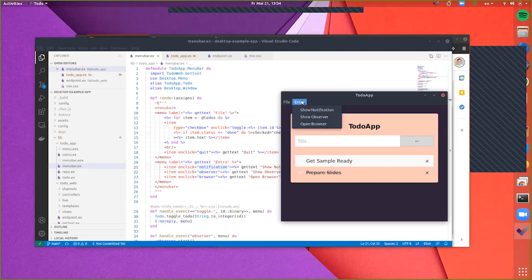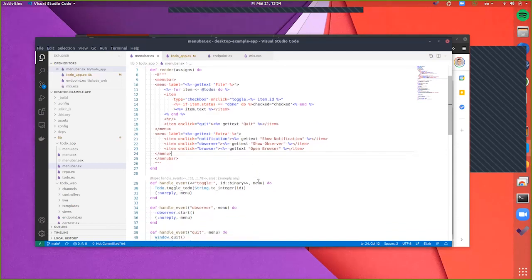Now, the cool thing with that is that because of the way we use LiveView in our apps and the fact that we reuse all of that technology, we also get access to PubSub and Actor repos. And so that means in my little to-do app, if I change this, like my prepare slides is done, now it's not done. And I go up here and check, there's a little tick here and I can see that. I can tick it also there. It's all being synchronized. So it's synchronized here, going live, and I do it here. And it's done in the very same way you would create it in a LiveView.